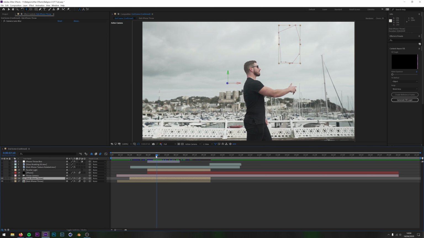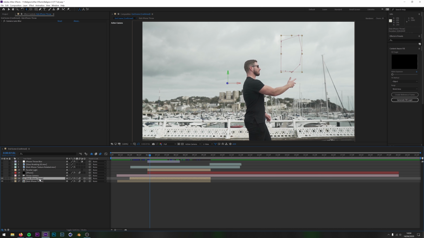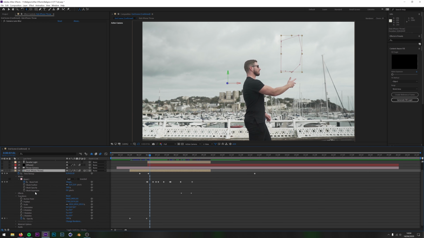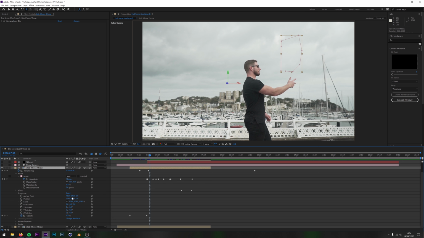As you can see, this is simply a mask for the layer above, and this is just a copy of this. So I've duplicated this layer, put it above. I've slightly offset the layer. So if you go to the transform, you'll see the position has been moved slightly.